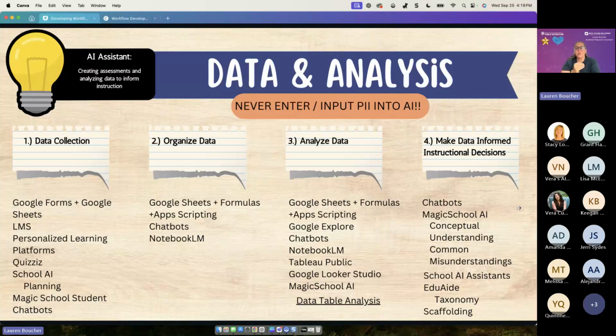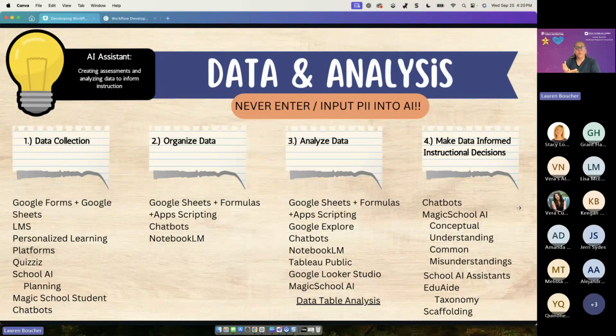So in Magic School AI, there's a tool called conceptual understanding and a tool called common misunderstandings. So combining what we're seeing in our data with these two pieces of information about our specific standards can help us make informed decisions moving forward. Magic School AI's assistants, again, those are all chatbots that are built on a different aspect of teaching and learning.